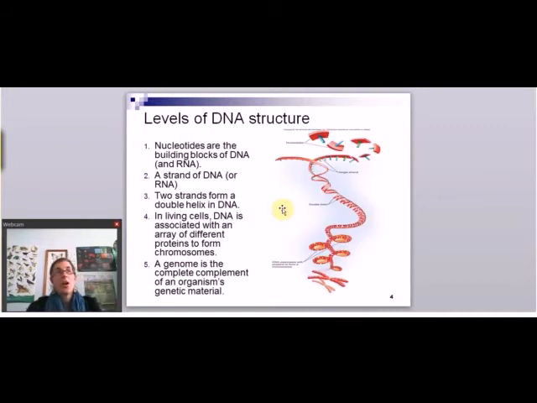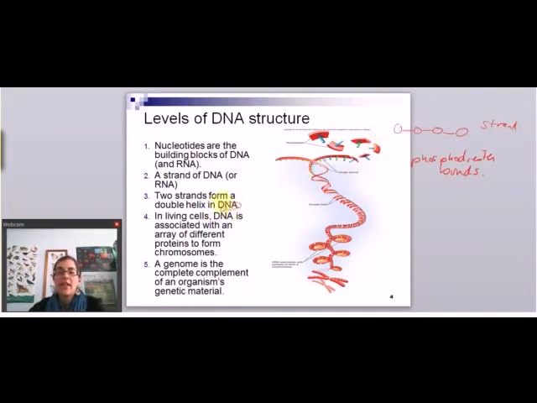So DNA is a very complex molecule. It starts with nucleotides. So individual nucleotides, like these, are the basic monomers. So DNA is a polymer, and the nucleotides are the monomers, again, sort of referencing back to chapter 3. So we talked about beads a lot then. Each bead is a nucleotide and it forms a long polymer. And in the case of DNA, that's through phosphodiester bonds. So each one of those nucleotides are connected through a phosphodiester bond. So this will form a strand of DNA or RNA. So this also holds true for RNA.